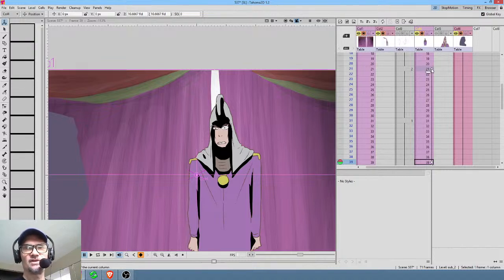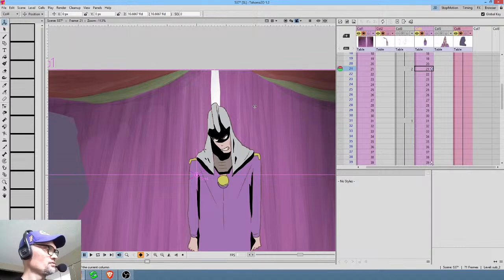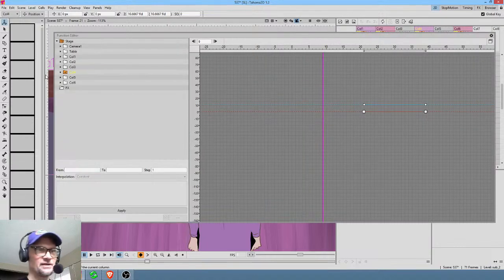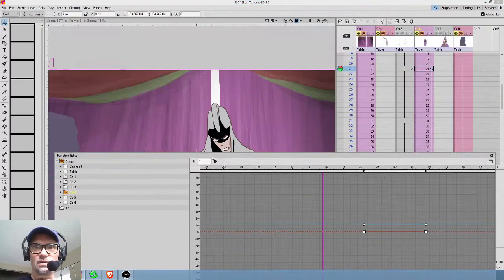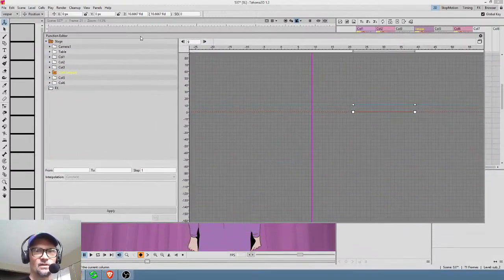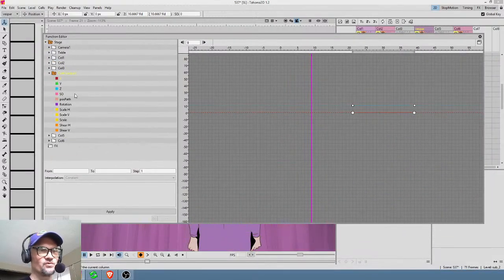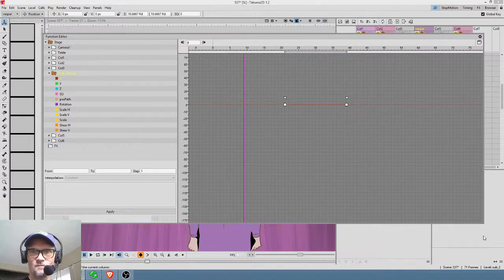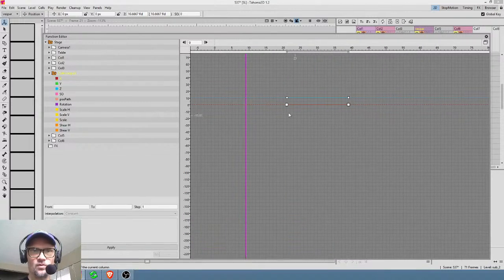So now what I'm going to do is go into the function editor for column 4, which is, of course, our sub-X sheet. So let's name it intelligently. We'll call this Vespar, since that's his name. And that way it's actually labeled here on the function editor. And now what I have to do is remember how we did this yesterday. I believe what we were dealing with was X, Y, and Z position. And what we want to do is grab